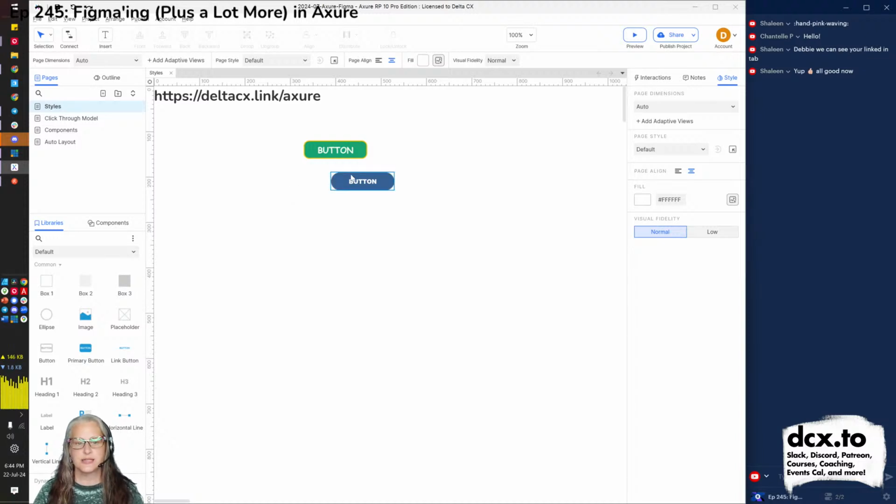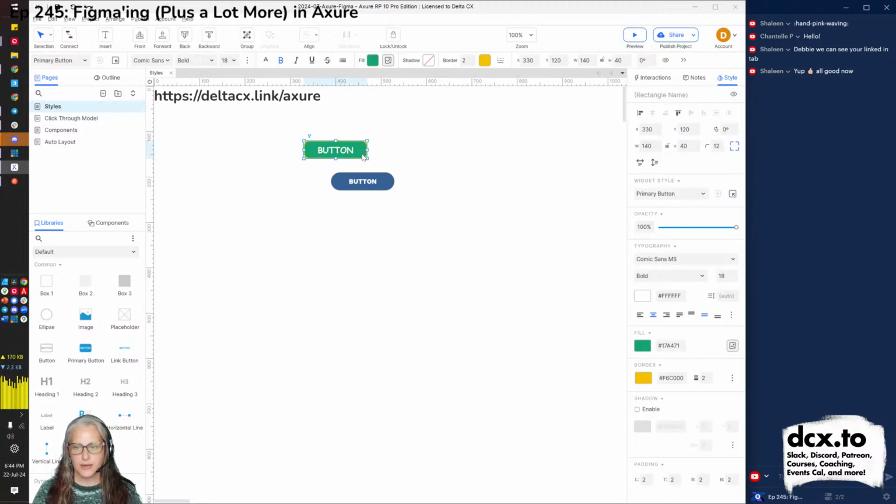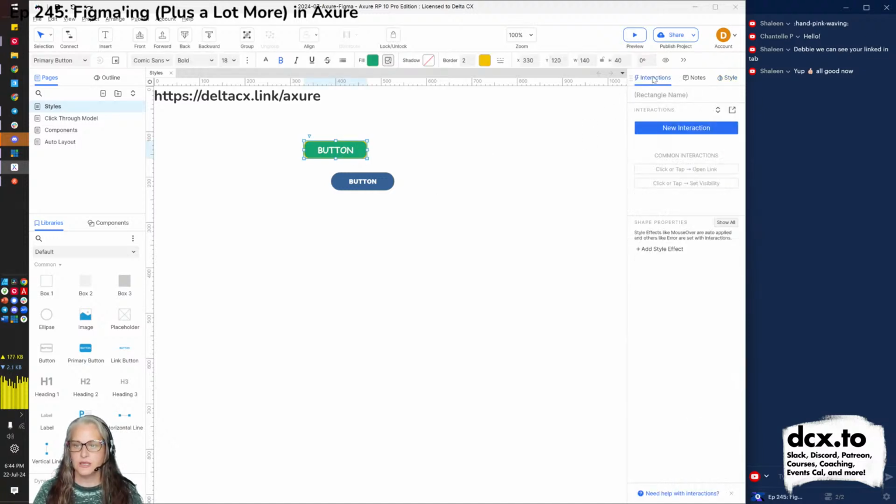Let's pretend, for example, that Deb button is the hover state of green button. So I can go over to green button, and I can go to interactions, and I can go to shape properties. And you can see there's a style effect. So a mouse over, an error state, a focus state, things like that are style effects.